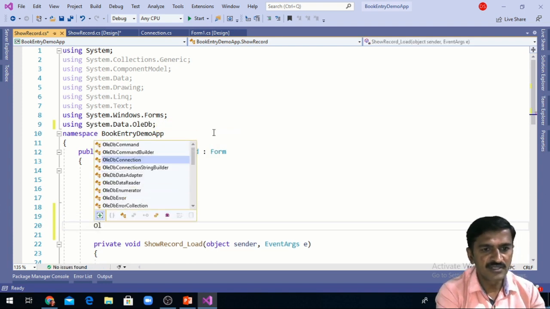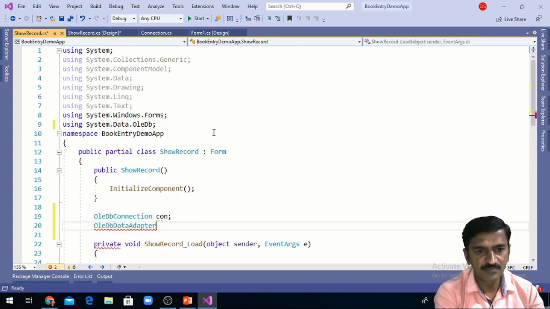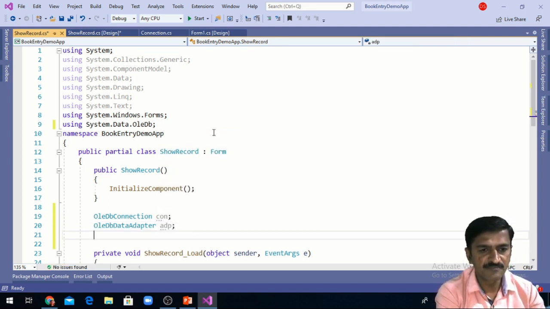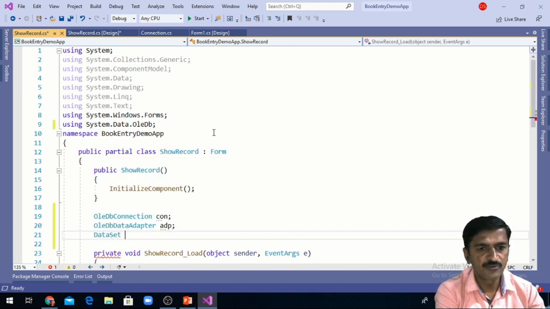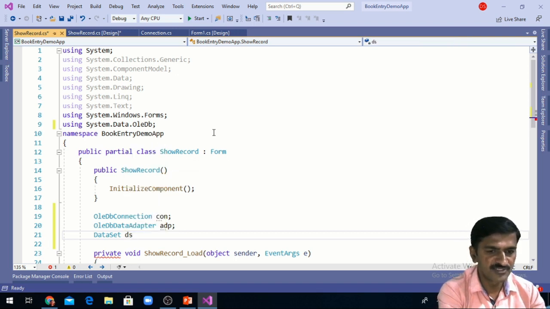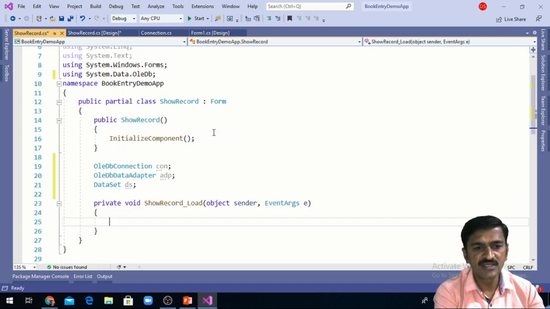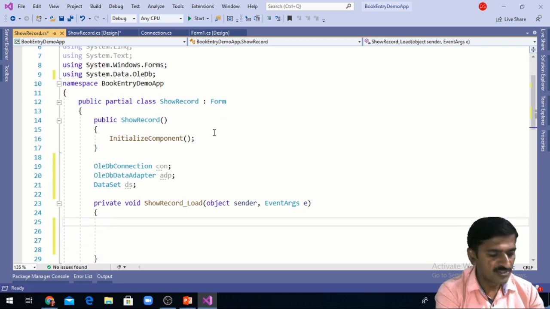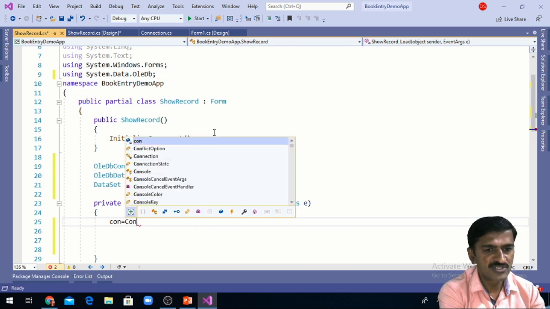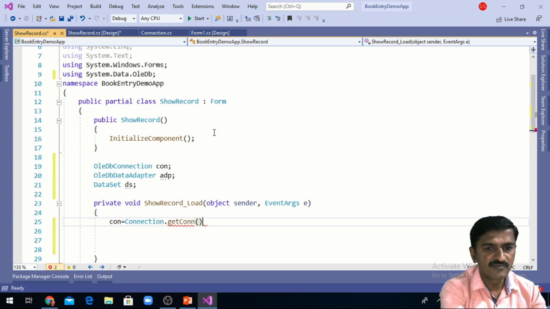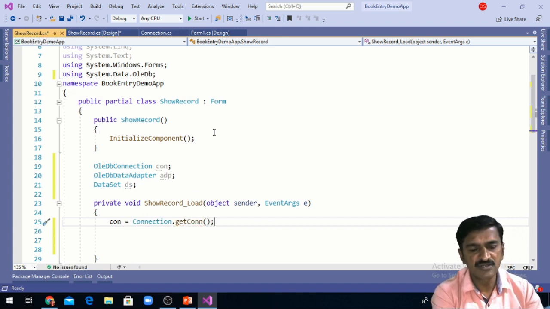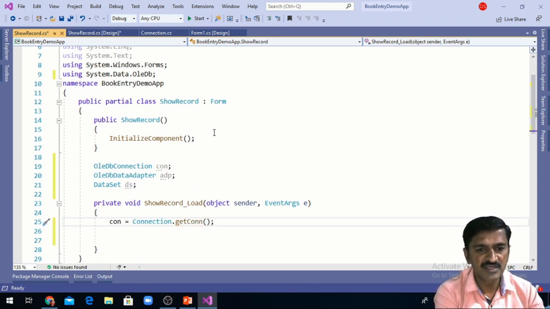Then I create the data adapter object ADP, which is used for selecting the record from the database, and the selected record needs to be stored somewhere, so I create a DataSet object. These are the three objects that I have created. Now I am going to initialize them. To the connection I assign the result of the GetConnection method. This function returns the connection object, and that connection will be initialized here.